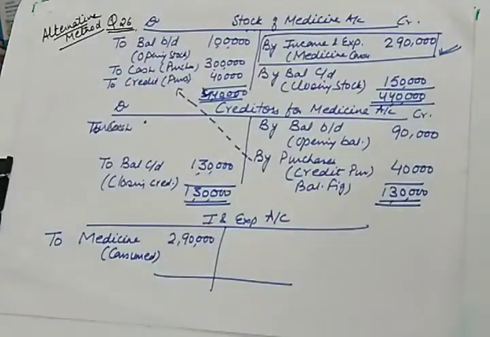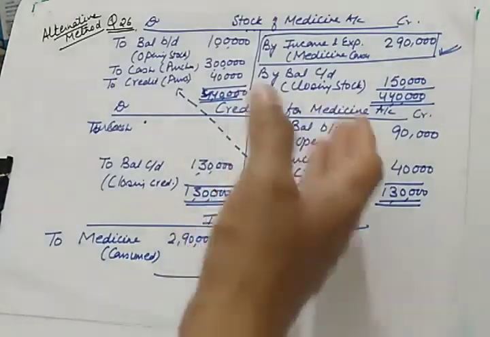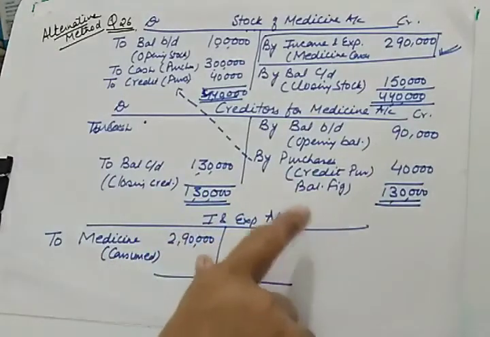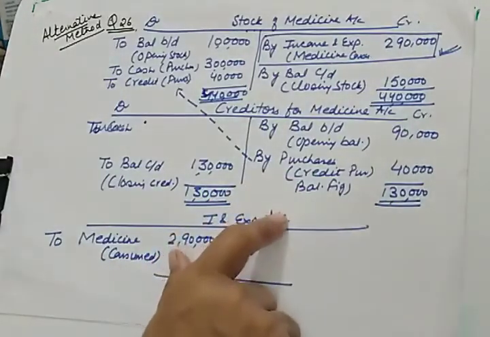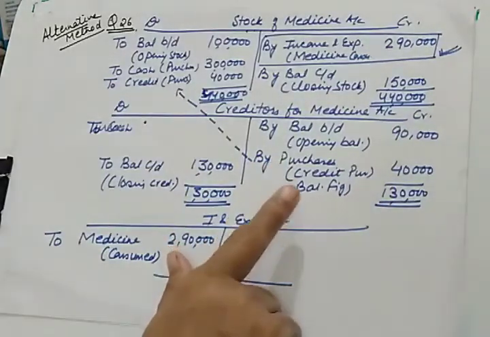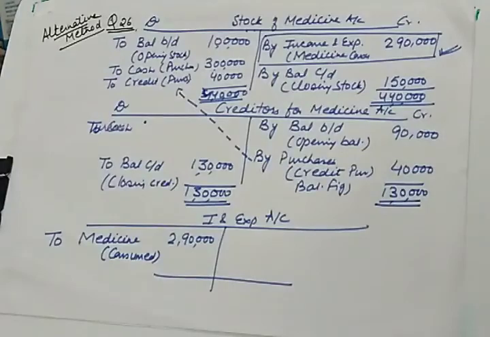So you can also practice the numerical with the help of these 2, because if in boards they clearly specify that you have to make the creditors ledger account or stock of medicines account, in that case you will be using this method only, and this is more logical also. There are less chances of error in this method. So I prefer you to go for this method, and this is more logical also, because you can forget the items in the other method.